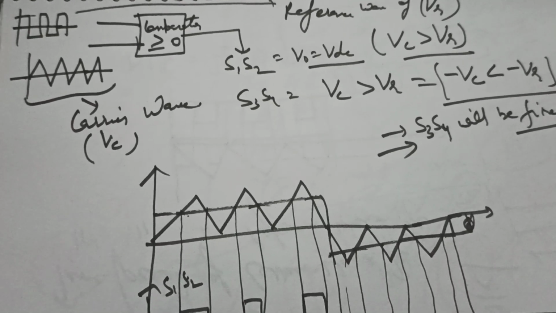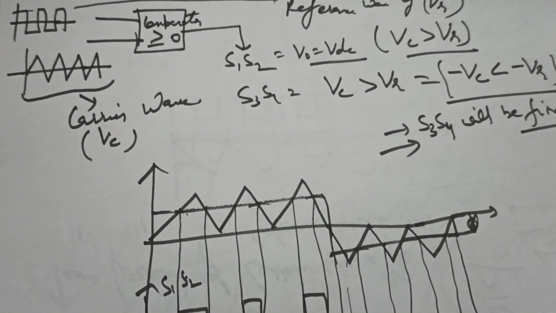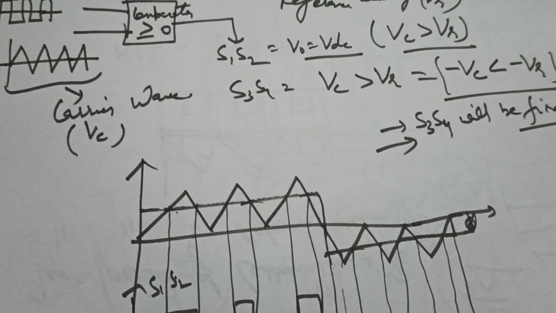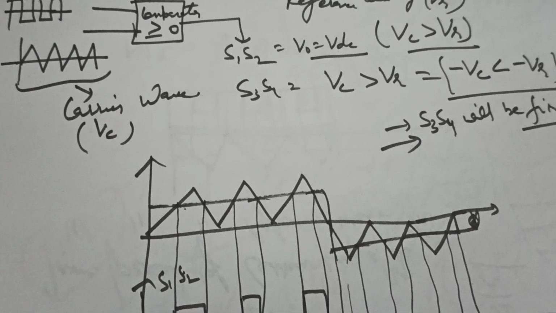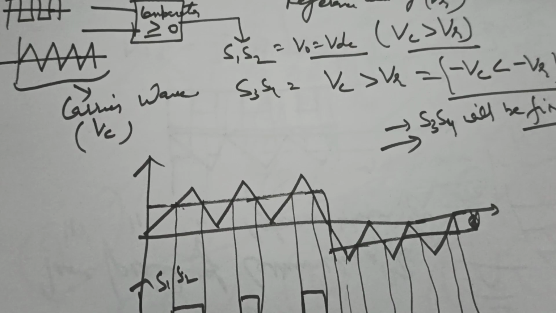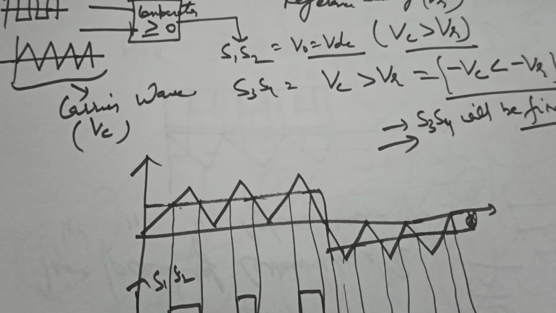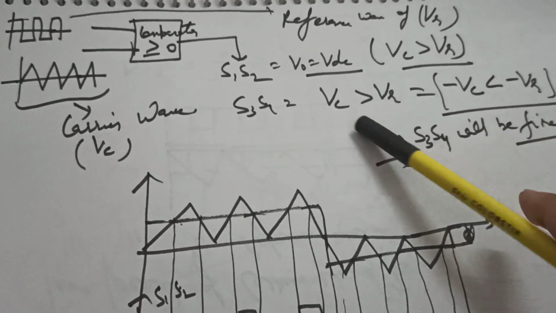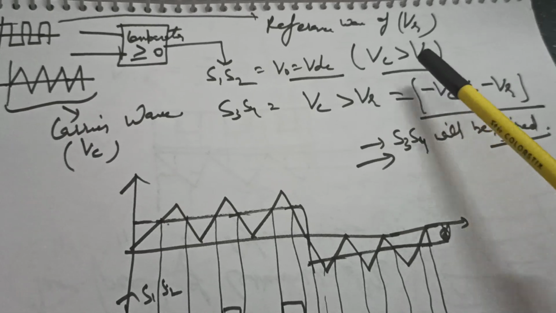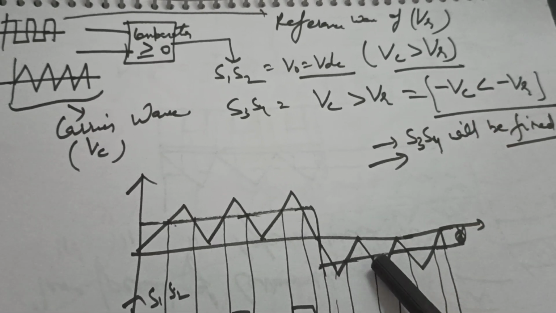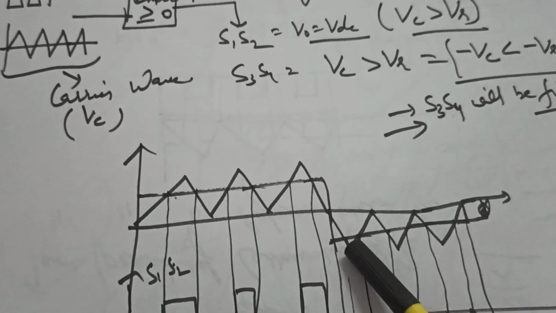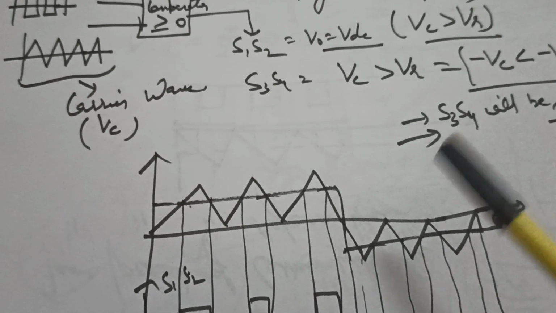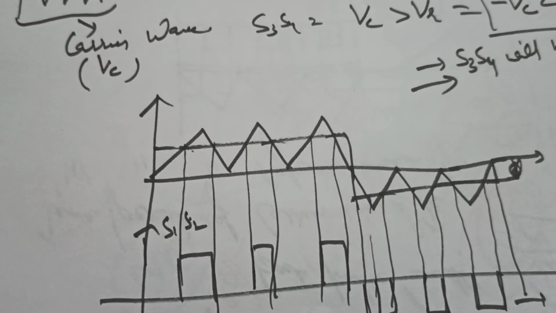First of all, try to understand the switching. Whenever Vc is greater than Vr, are you getting it? Whenever Vc is greater than Vr, then the legs S1 and S2 will be fired, clear? And on the reverse side, the negative of Vc is multiplied. Have a look at this part. First one is Vc greater than Vr. After that, you can simply apply the same thing in the lower part, that is, the negative signal of Vc is again greater than Vr. The mod is greater than Vr, and then the negative pulses will be fired.